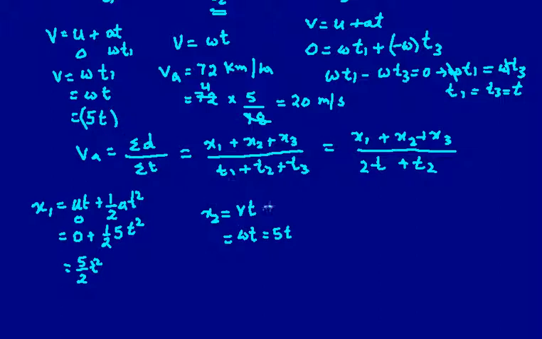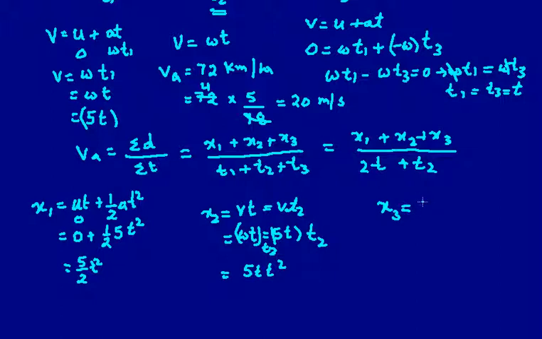So Vt was actually equal to V into T2. So we have omega t into T2. Sorry for that, missed that. Into T2. So that's equal to 5t T2. Similarly, x3 in this case, we see that it has got a uniform velocity at the start and ended up with a